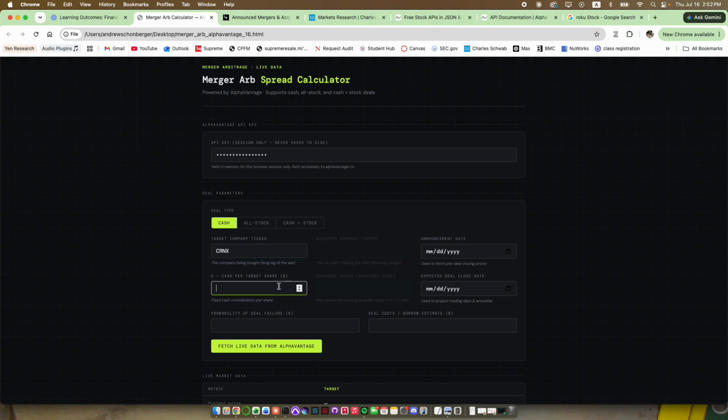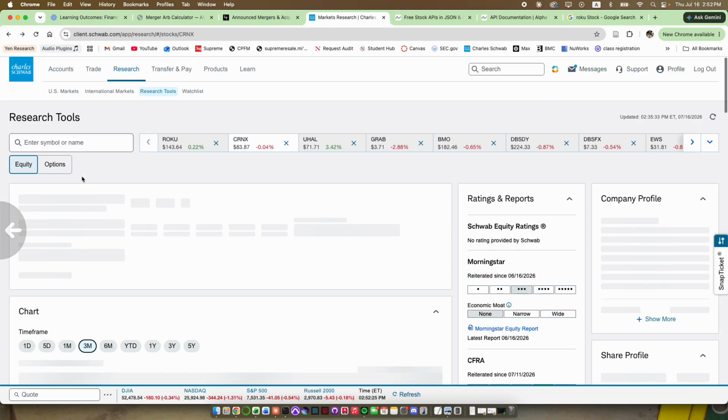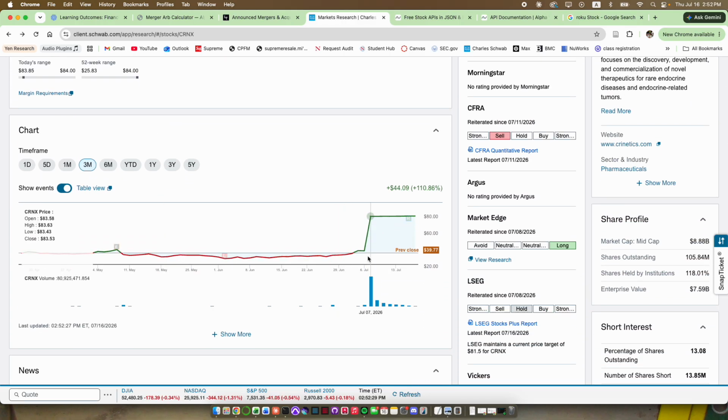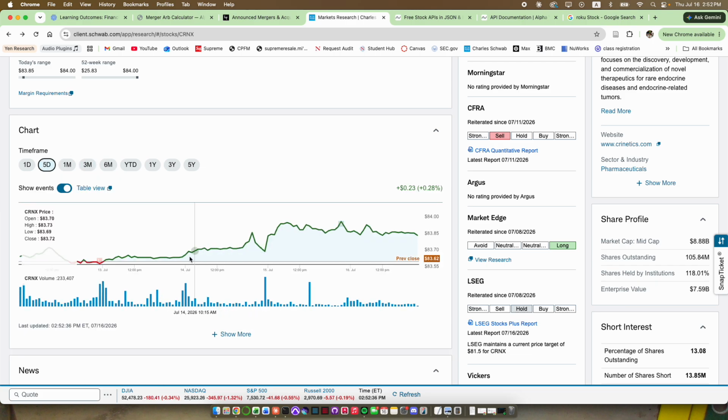They're being bought for $85 per share. And you can see if I look them up, yeah, CRNX, you can see because it's a cash deal, the price almost flatlines here, and it's flatlining around $85. So it's been trading between $83 to 84-ish,